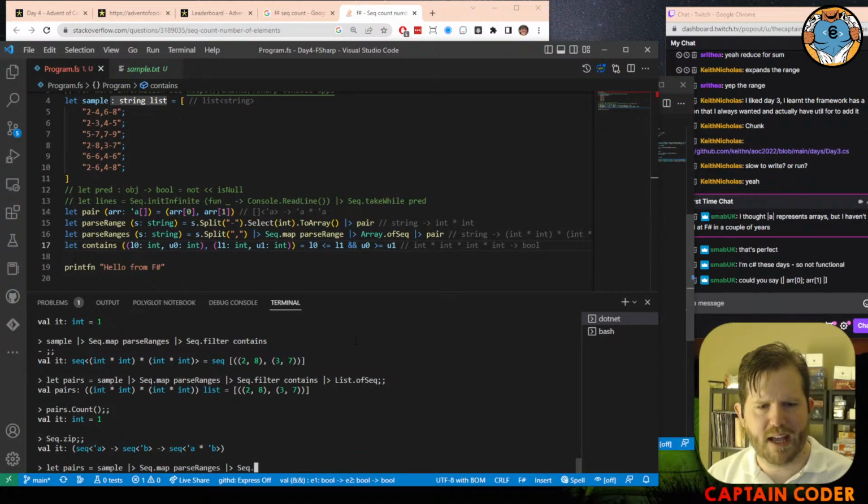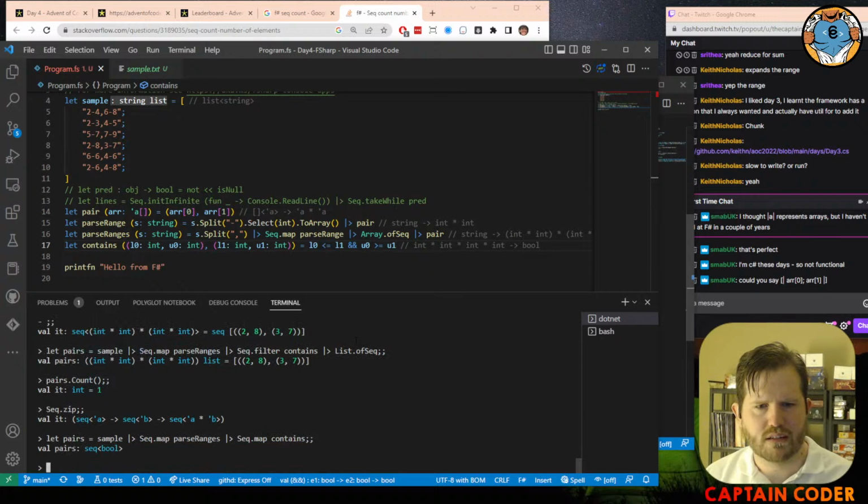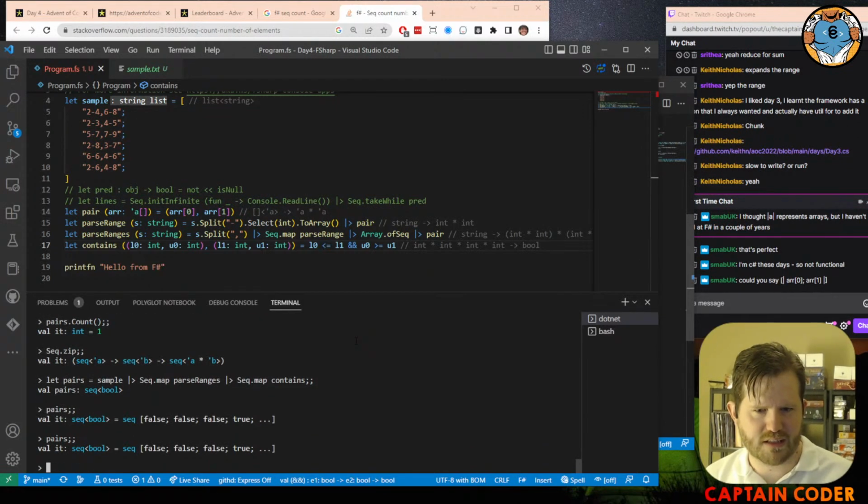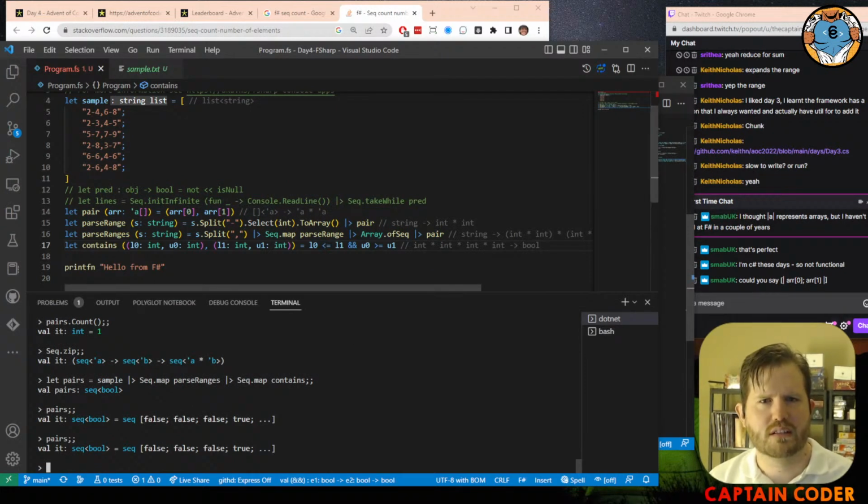So if I do a map contains pairs. If I do pairs again, does it clear out? No, it still stays good. False, false, false. This one should be true because the 7. Oh no, it needs to be completely contained. Which one? So false,